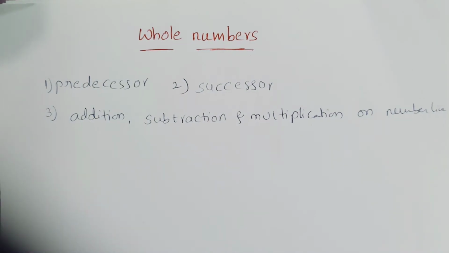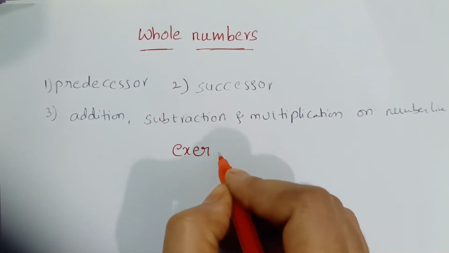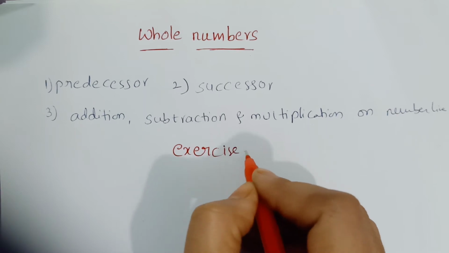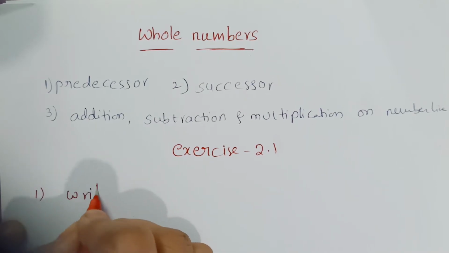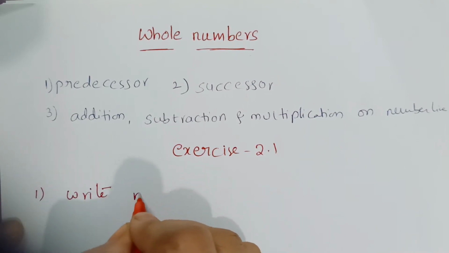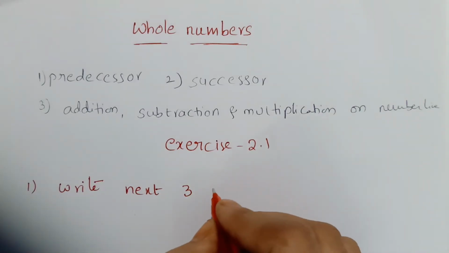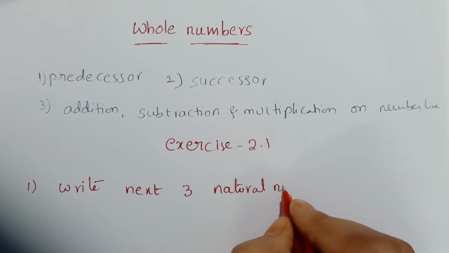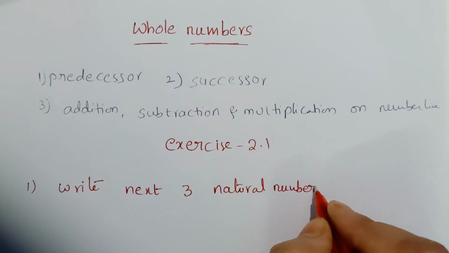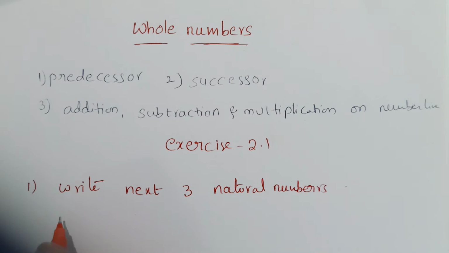In today's session, let's move to exercise 2.1 in the NCERT book. Write down the first question: write the next three natural numbers. Okay, the first question is